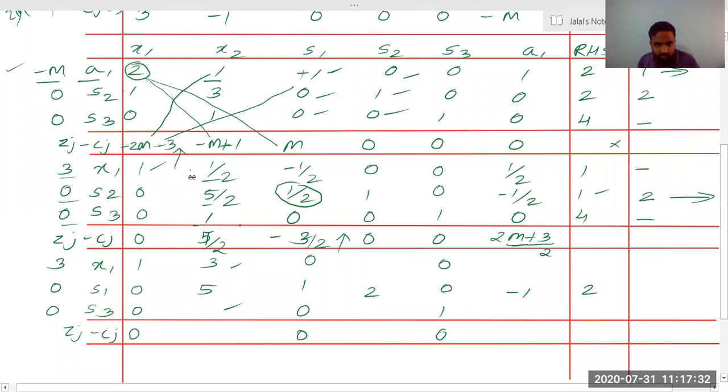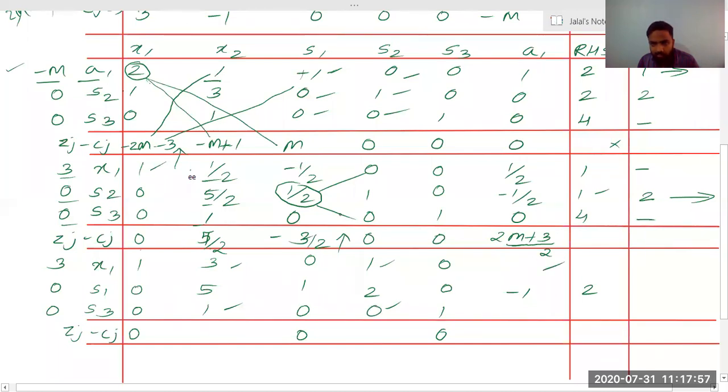Now we need to find this value. This will be 1 by 2. Okay, 1 by 2, this is 0. 1 by 2 into 2 will be 1. So we have got this value. Now we need to find this value. Again, this is 0. This will be plus half. Plus half into 2 will be 1. Now we need to find this value. For this, we will multiply it this way. So 0 into 0 divided by 2 will be 0 only.